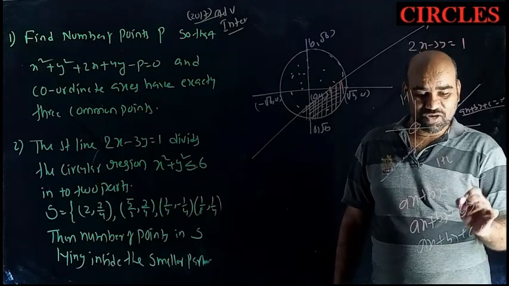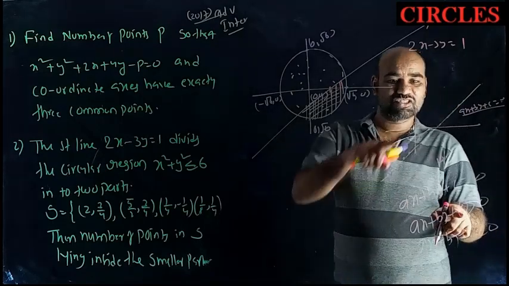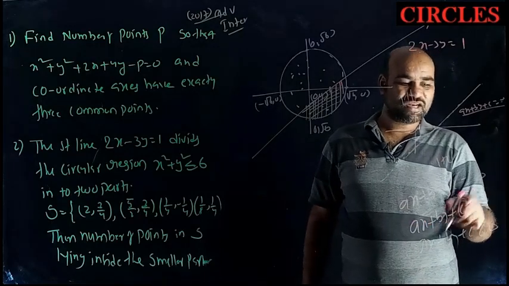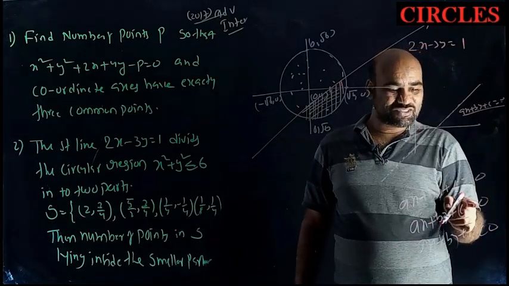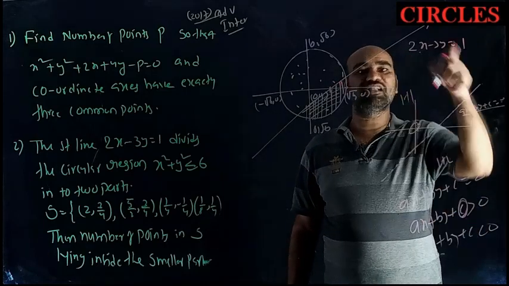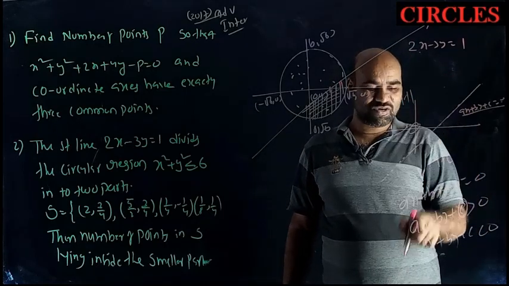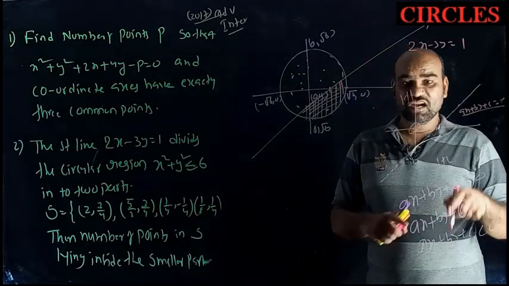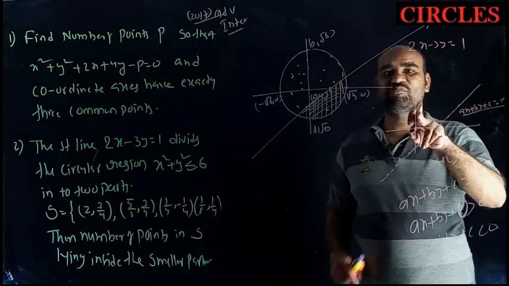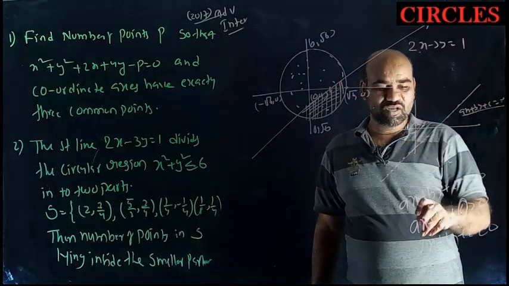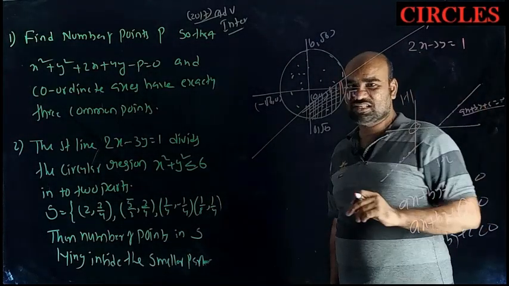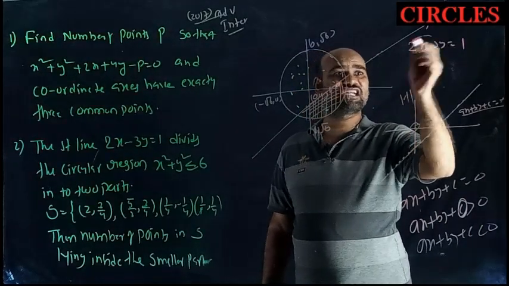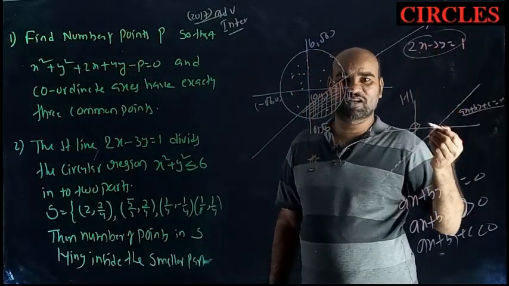For example, c is positive. Substitute 0 comma 0: 0 plus c, which is positive, greater than 0. This means this point is satisfying, so this total region will be satisfied by all these points. Therefore, H1 is nothing but ax plus by plus c greater than 0, if c is greater than 0. That's why I can't directly say whether it is greater than 0 or less than 0; it depends on the values of a, b, c. But here I can say.